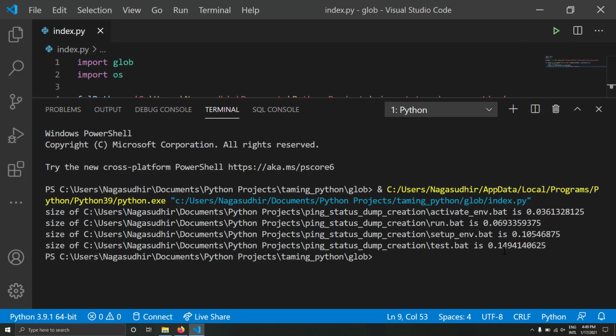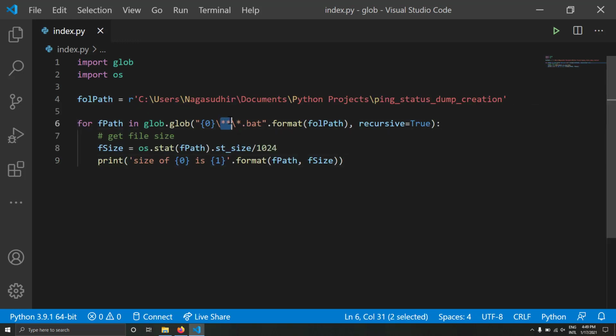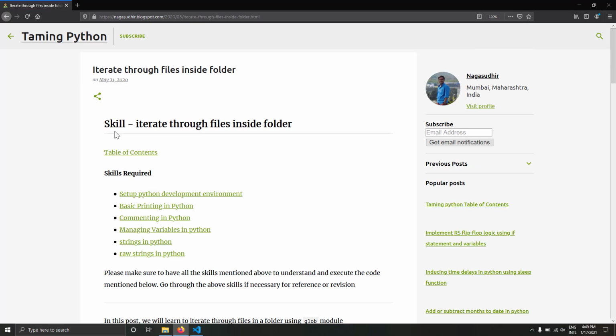I don't have batch files in the subdirectories, so it doesn't matter, but I think you get the point that if you use ** , you can recursively iterate through the files inside a folder. So in my case, I just wanted to find the size of each file. In your case, it may be something else. So using the glob module, you can get the file path of each file inside the folder and do your own file processing. That was today's topic.